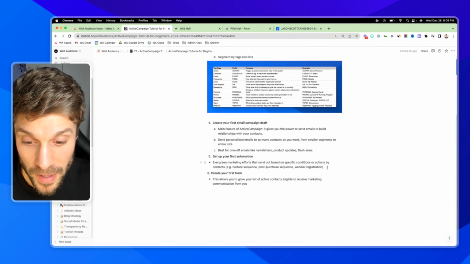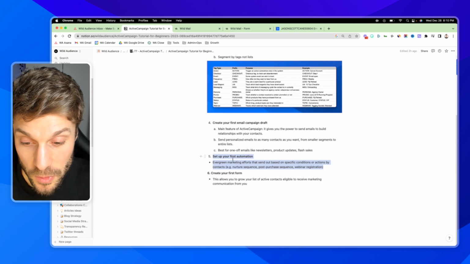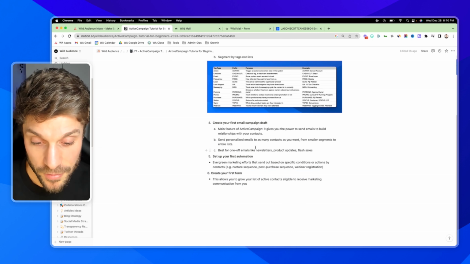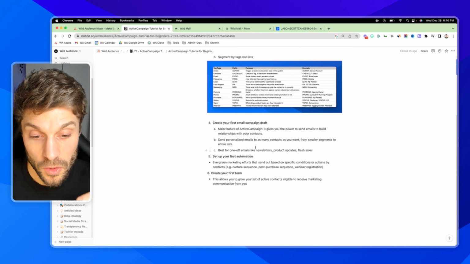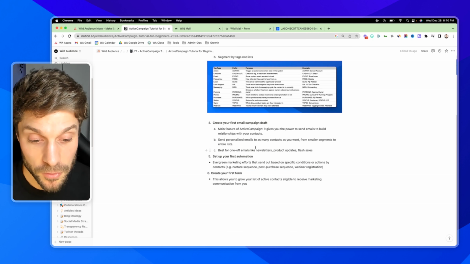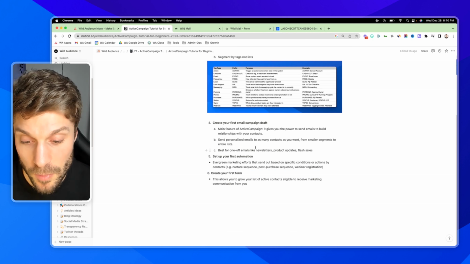All right, so we set up our first automation, the welcome automation, and we set up our nurture sequence. So now we're going to create our first form, which allows you to grow your list of active contacts. You're going to send traffic to this form to get them to opt in for whatever it is, the lead magnet or your newsletter, etc., that you're having them opt in for, so that they're eligible to receive marketing communication